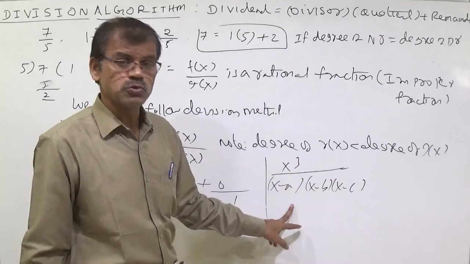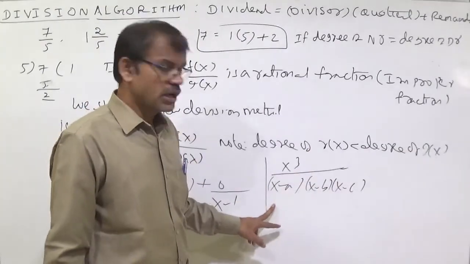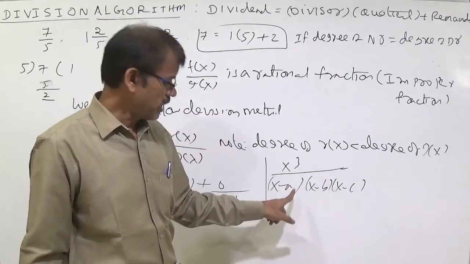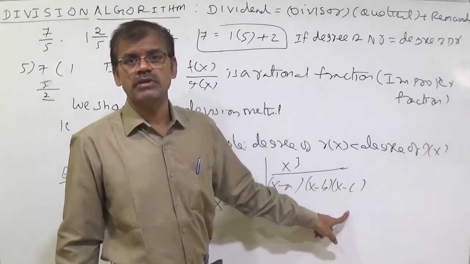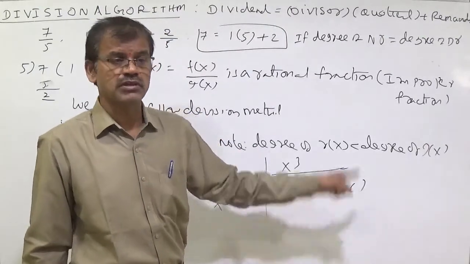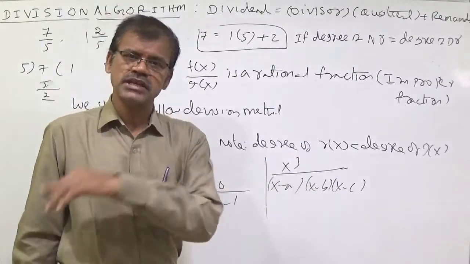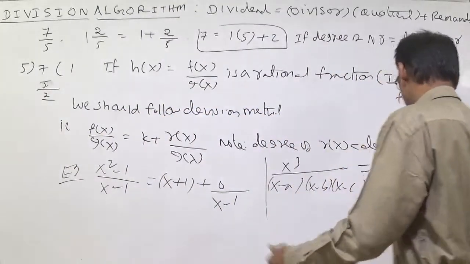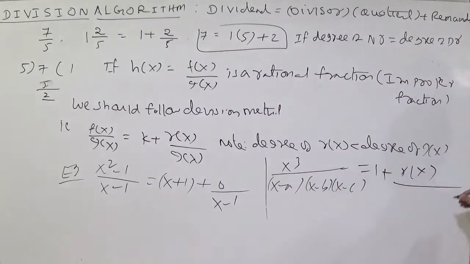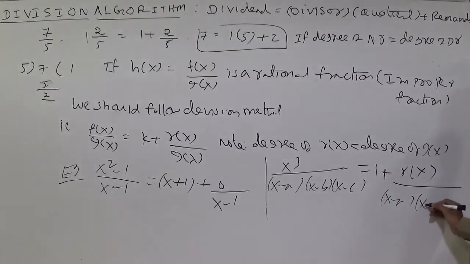By the original long division method, we should follow this one: using x cube by denominator, we should multiply and divide with numerator. x cube minus, it becomes x cube minus x square into (a plus b plus c) plus x into (ab plus bc plus ca) minus abc. With the full term we should multiply, we will be getting 1 plus anything. So we can write here 1 plus r of x by (x minus a)(x minus b)(x minus c).